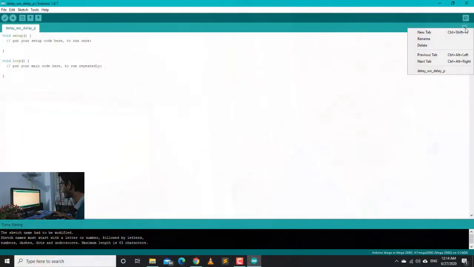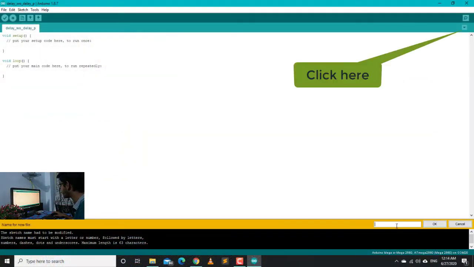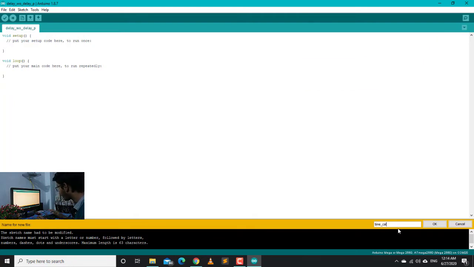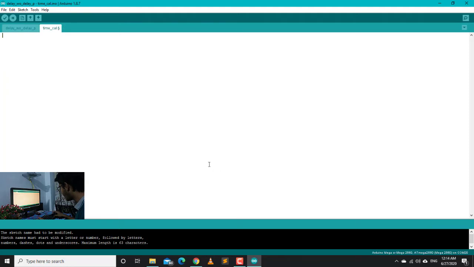In industrial grade programs, the good practice is to create part programs category wise, and after that, all the part programs in the while loop. We will create a tab and give it the name time cal, and we will create another tab and name it output logic.